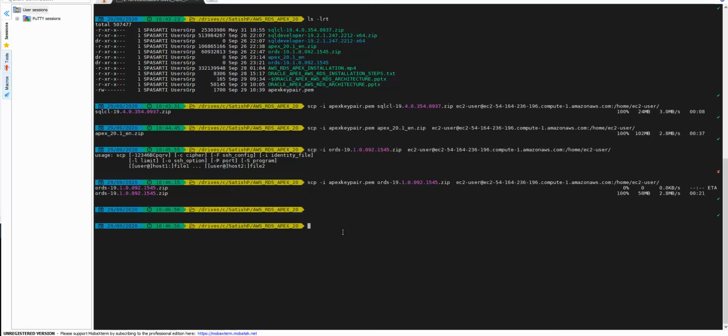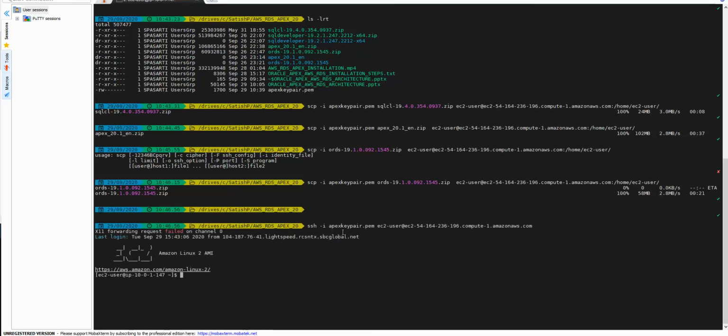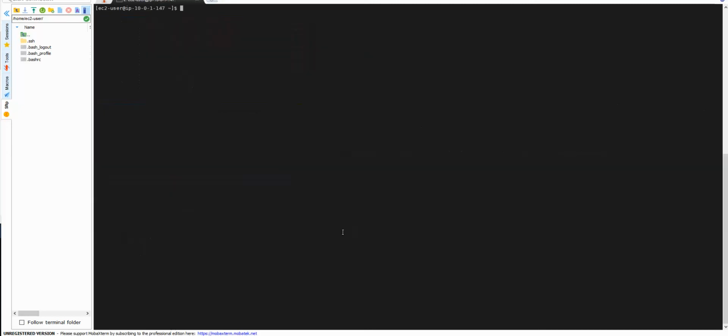So let's go ahead and SSH back into that instance. Okay. Clear. And I'm the EC2 user, so let's go ahead and sudo into root. First of all, let's see if there are any updates. Looks like there are none.